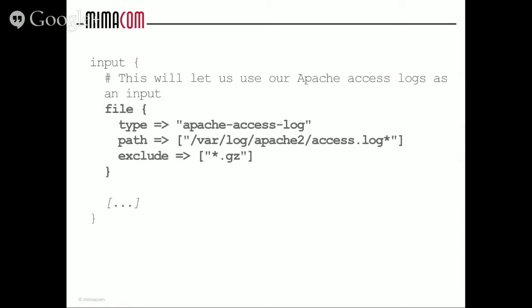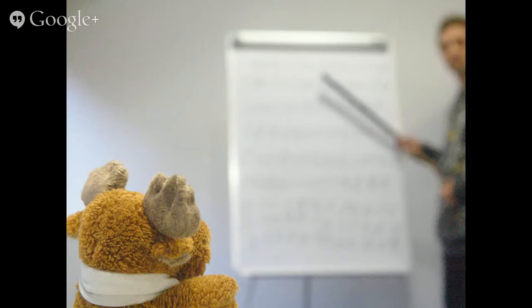because if you are used to working with Apache logs, you know that at the end of the extension you can find a number or something like that, and then we are excluding all the compressed, zipped log formats. So this is a very simple configuration that we can add to our Logstash file in order to read Apache logs. And then what we need to do is teach